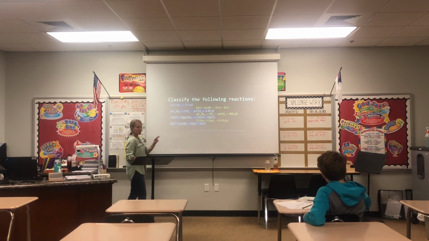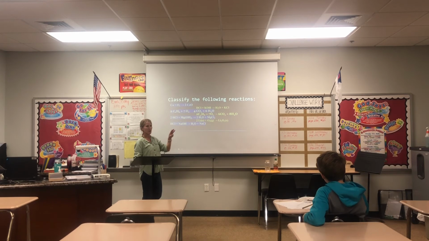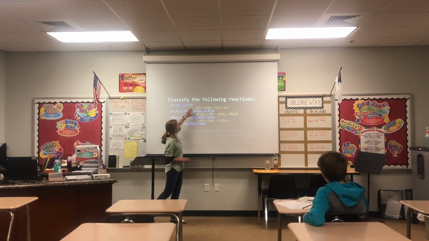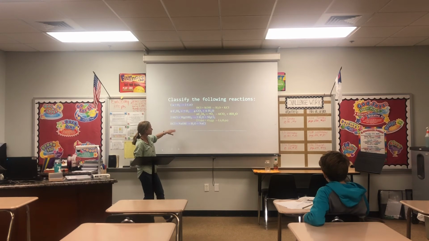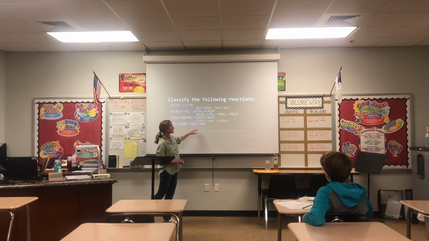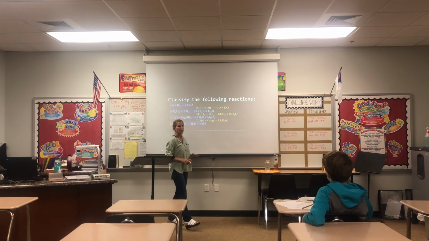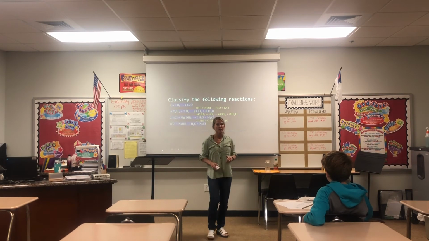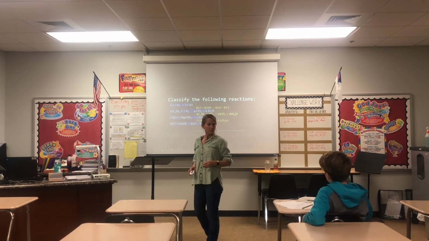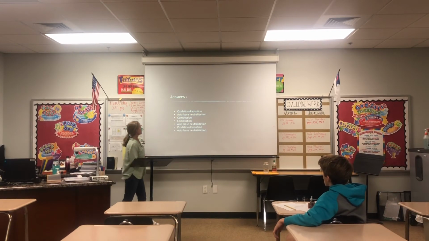So I want you to write one of those 3 words on your whiteboard, and I want you to number your whiteboard 1 to 7 because there's 1, 2, 3, 4, 5, 6, 7. So I highlighted every other one so that you don't get confused. There's 7 reactions. Label your whiteboards 1 to 7, and I'm going to walk around and check for understanding. Okay? Okay. So you should be done